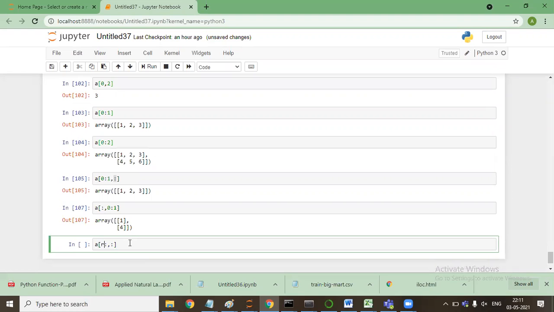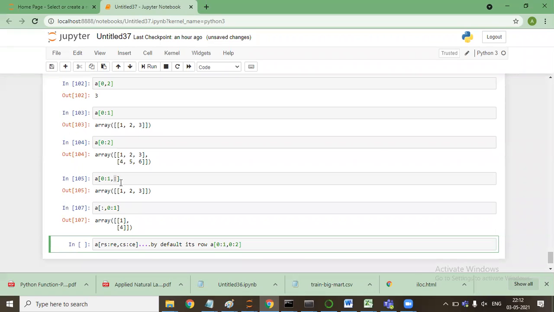Here it comes row start, row end, column start, column end, and by default it's row. If I specify a[0:1] or 0:2, it is row automatically. For column, I need to specify like this. Starting from 0 till 1, I need the row. Starting from 0 till 2, I need the columns, the way that I mentioned.